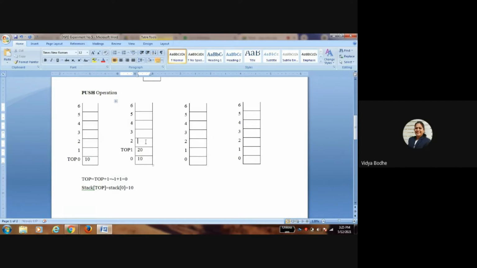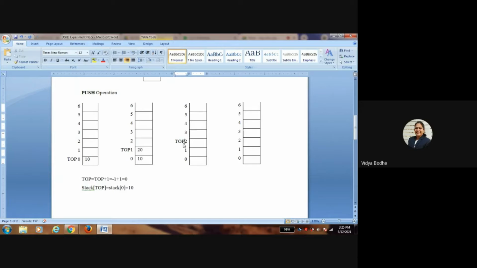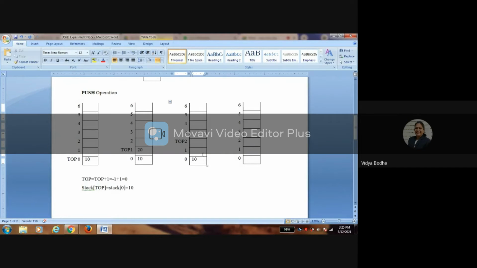Next, for inserting the third element in the stack, we have to increment top again by 1. In step 3, our top will be at 2, and we insert the third element at stack of top, that is at stack of second position.